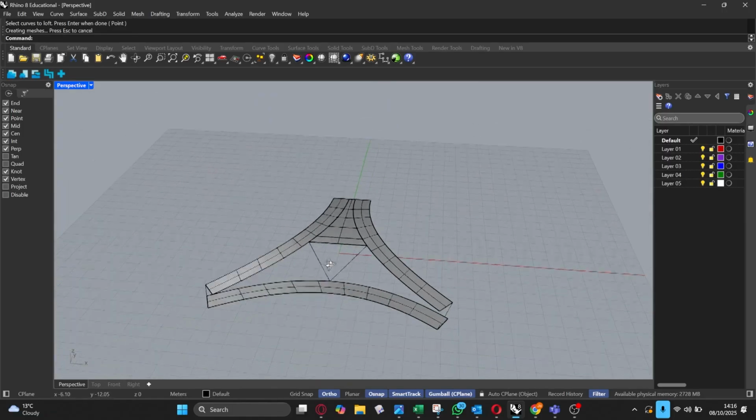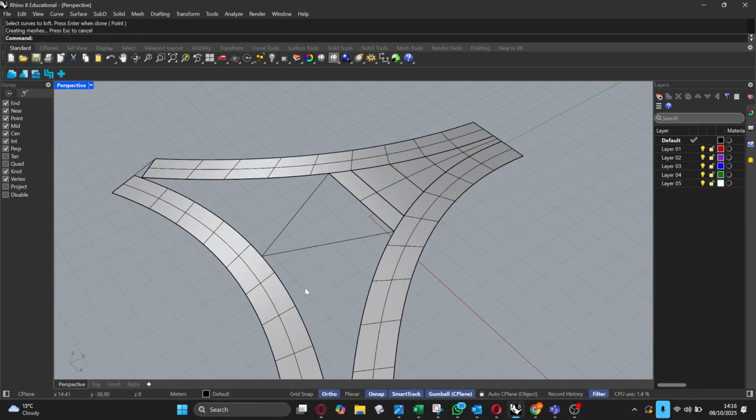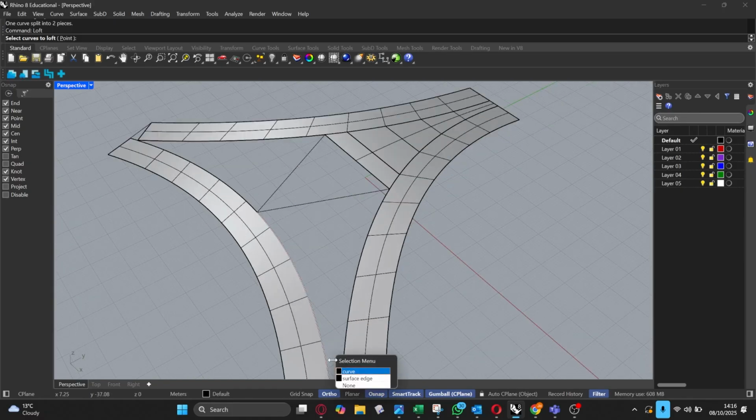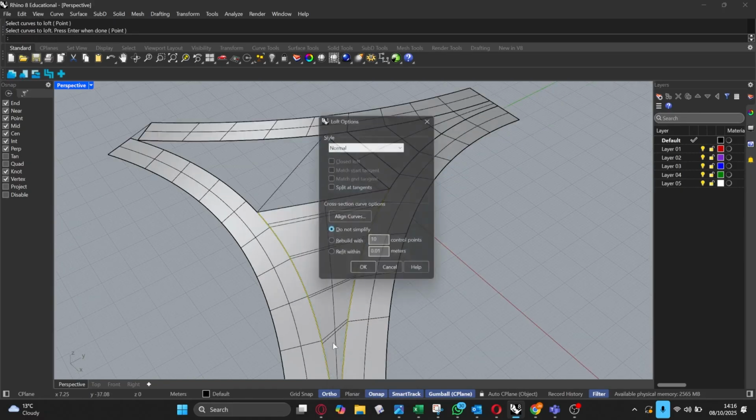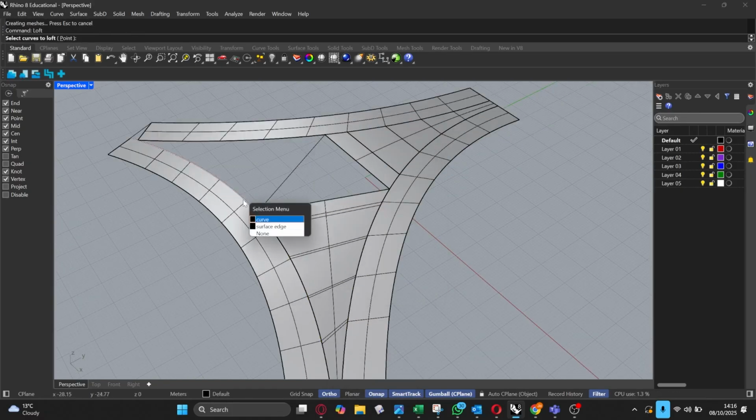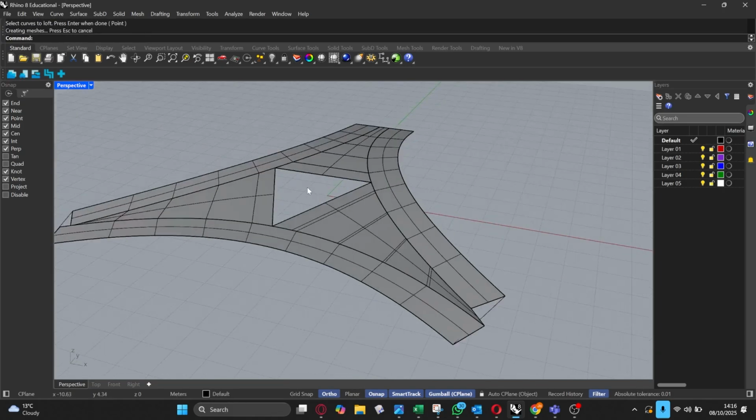So I've lofted those. I could try to do the same again down here. So I could take this curve. I could type split. I could select this curve here. And then I can loft between these curves and say, I'm going to loft between this one and this one. Let's say. But can you see that as I'm doing this, although it's doing this, and I end up with